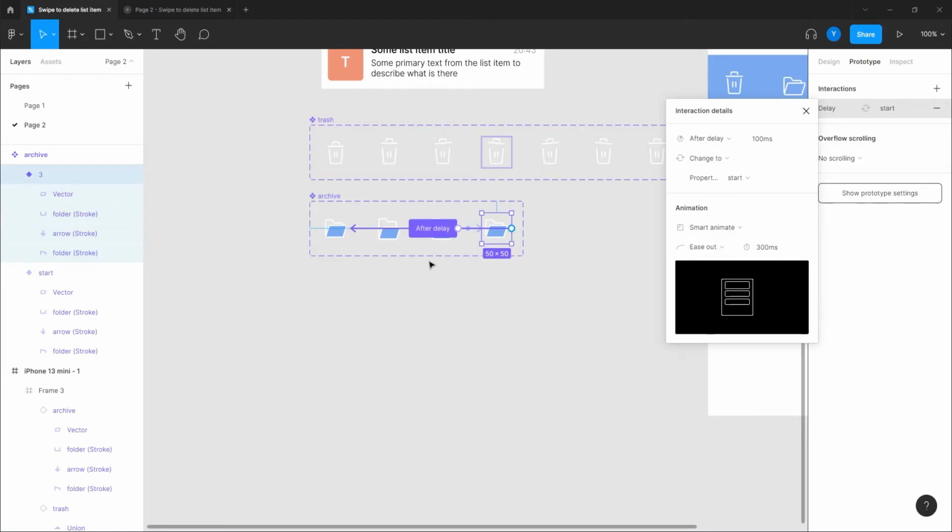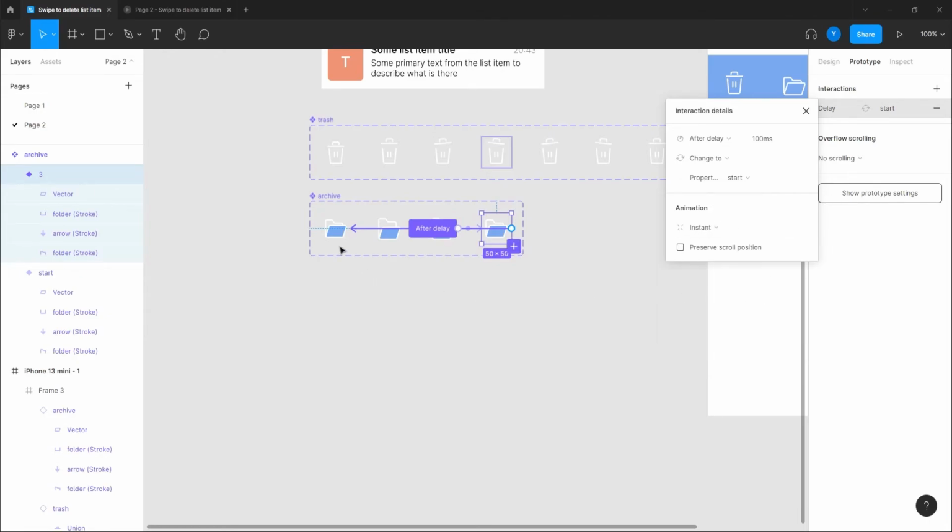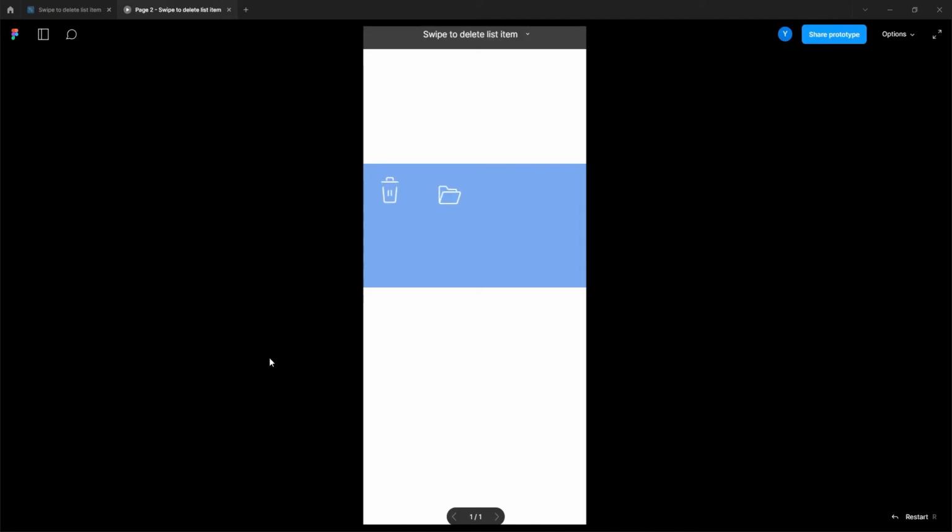Restart. Okay, here you see, this is what happens. The arrow animates back to the top. So this is what I didn't want to happen. So what I'm gonna do now is here just select instant. Meaning it animates all the way to here and instantly goes back to here, and then I never see this arrow going up again. So that's what you have to do here. Here you see, now we have it perfect.